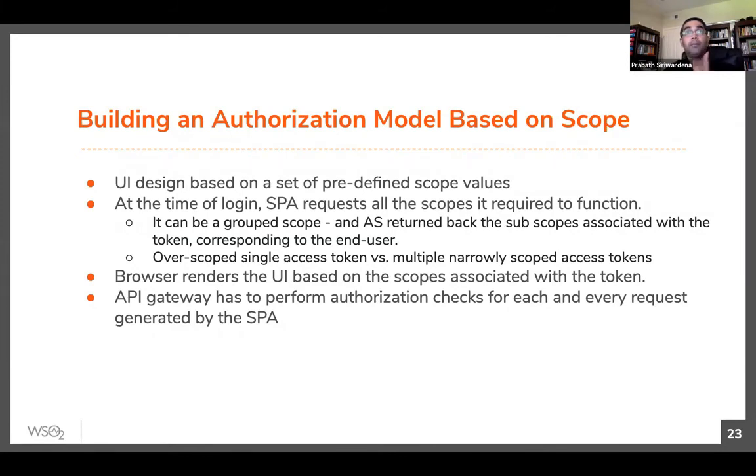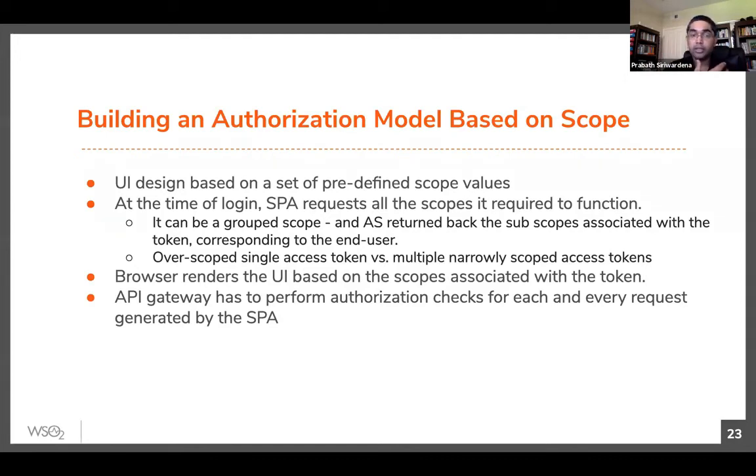So one approach here is that you can identify all the scopes your application needs to invoke the upstream APIs from the SPA. Then when you generate the request to the authorize endpoint to get the access token and ID token, you can pass those scope parameters, and then you get an access token.